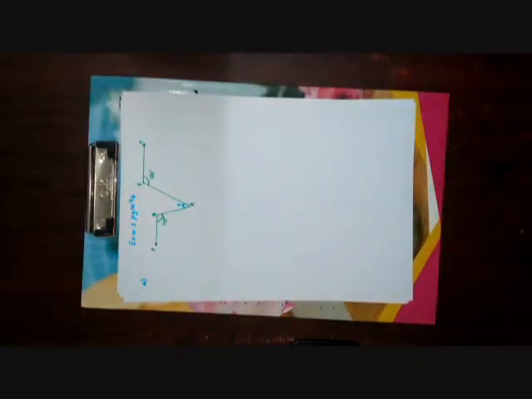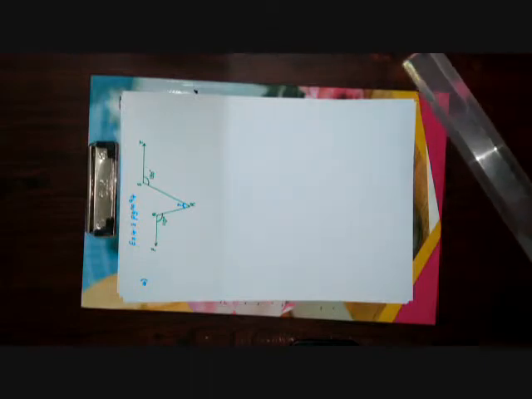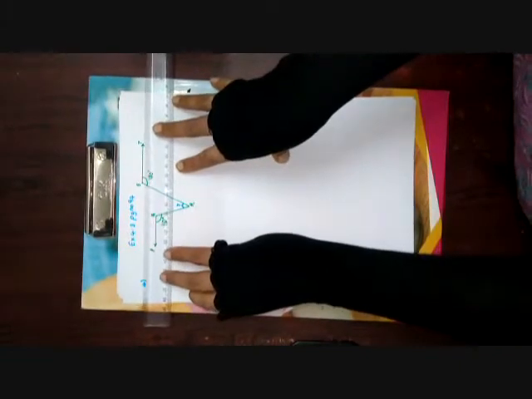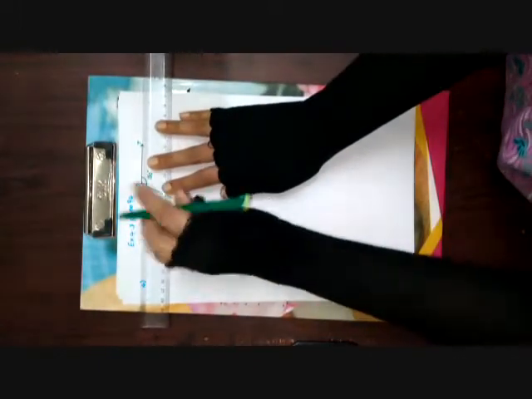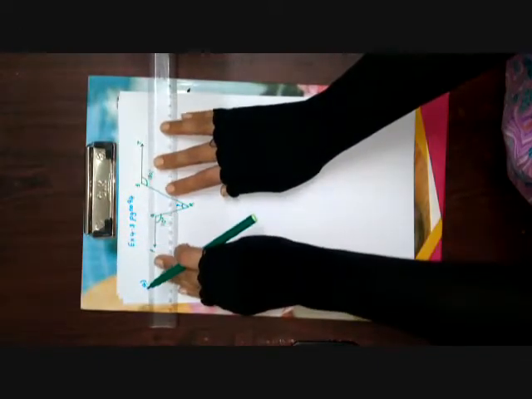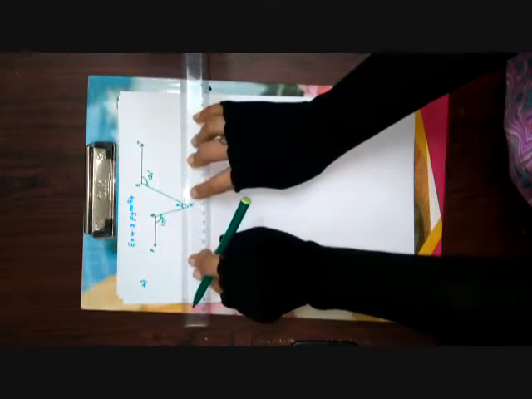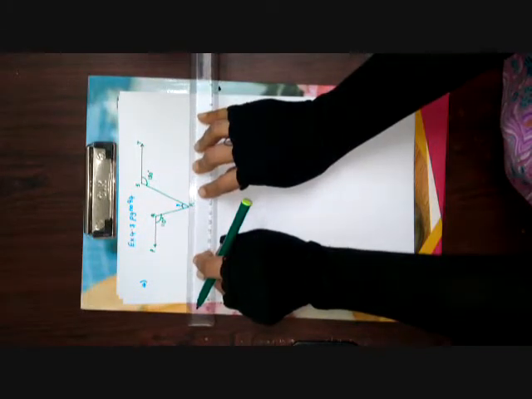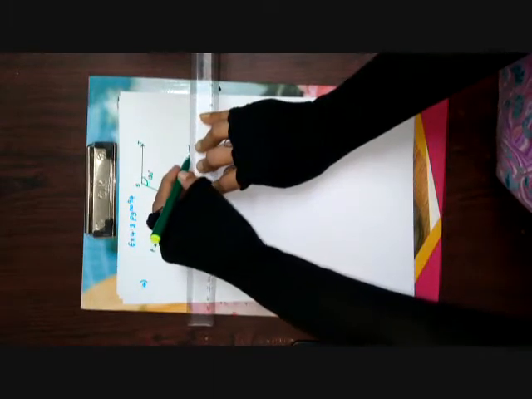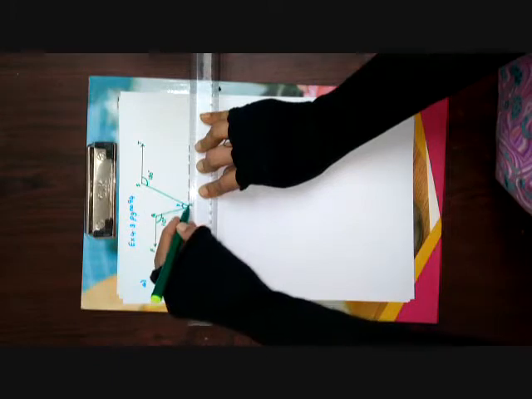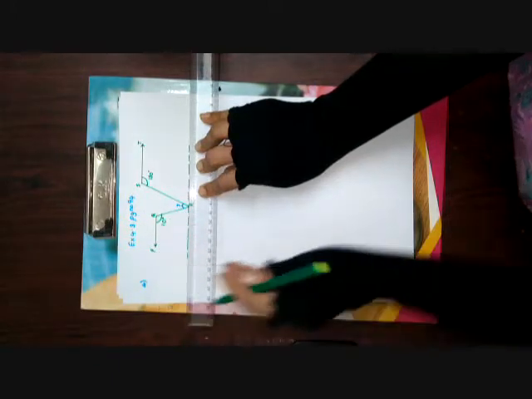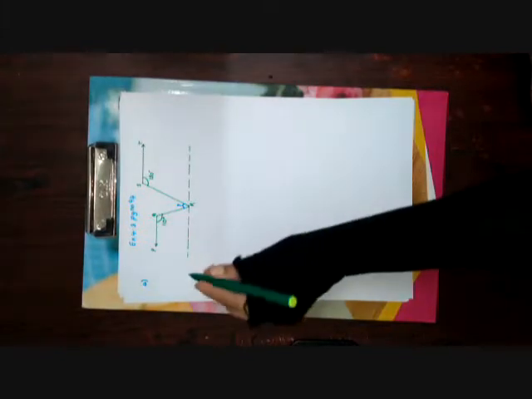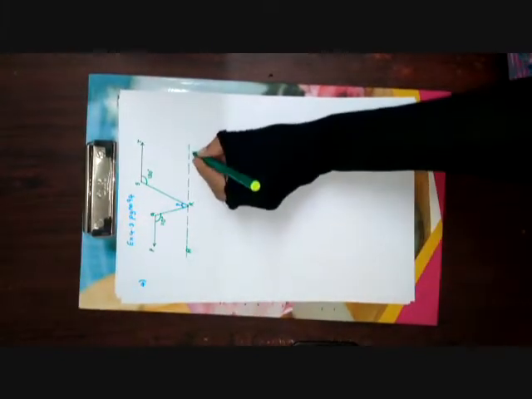Okay, children. So let us see how we can solve and find the angle. There's a hint given to us: draw a line parallel to ST through point R. They have asked us to do a construction, which is to draw a line parallel to ST. This is the line ST. We have to draw a line parallel to ST through R. We are doing a little construction to solve this sum. Let us call this line AB.